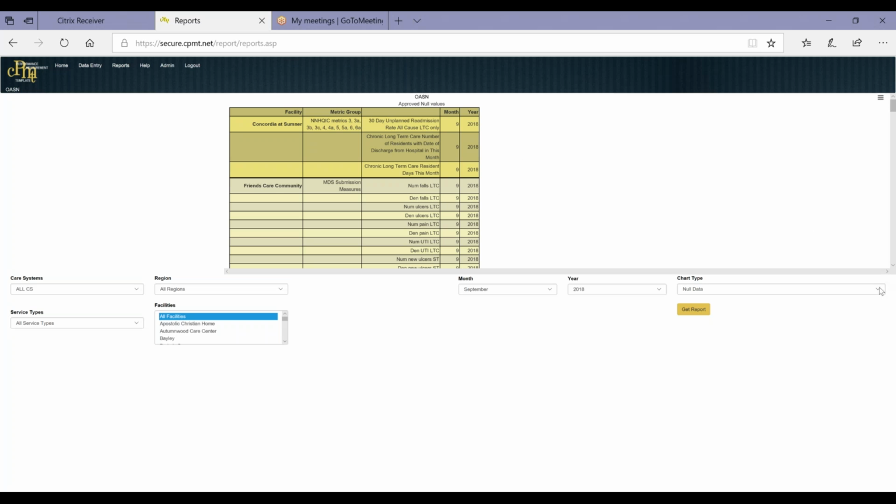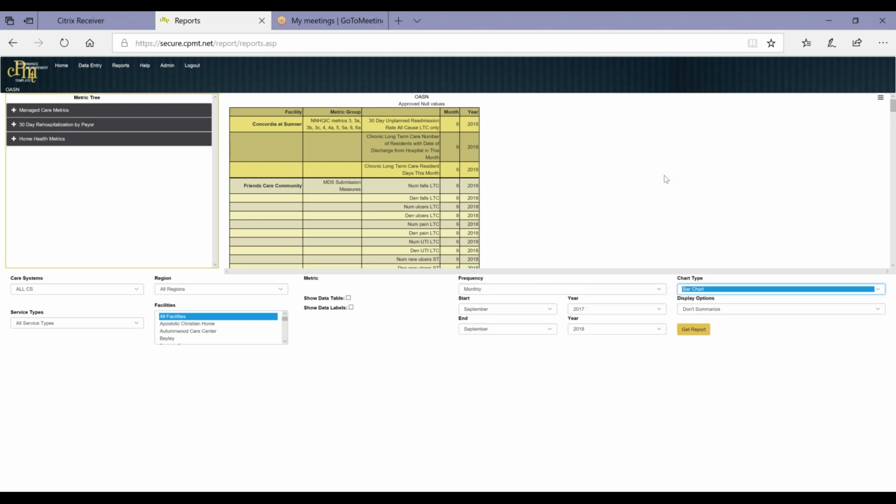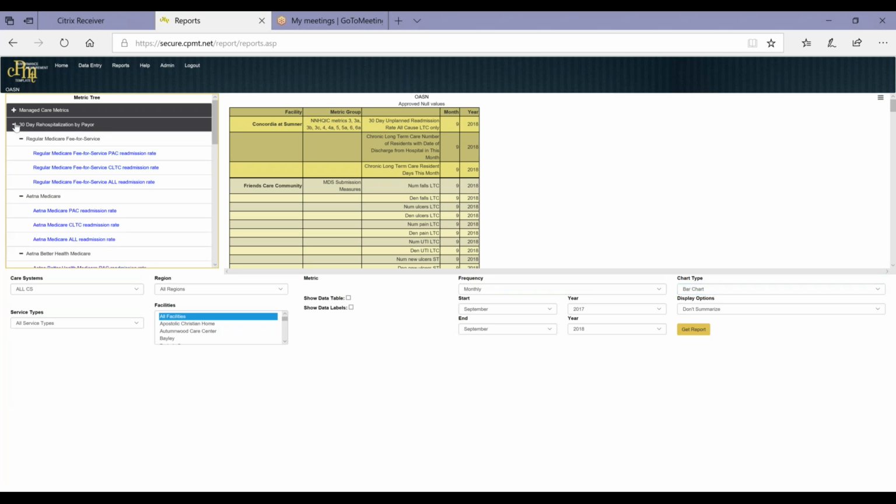Now, one of the things that came up that we need to take a look at here is Pam mentioned Buckeye. Buckeye is having difficulty accessing some of the data they need for the pay for performance. So you all know that we collect payer data. The payer data that we collect are readmissions, skilled and long-term care. So if we go here, we can choose